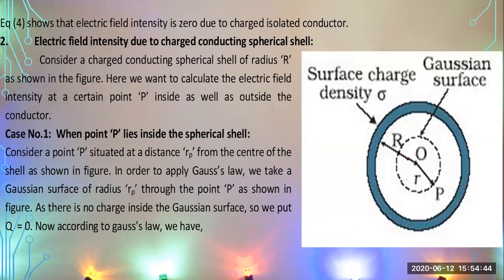So look at this figure. You are at a distance r. You have considered a point P from the center of the circle, and you have calculated electric field intensity at this point. By using Gauss's law and the definition of electric flux, and putting the values, you have seen that there are no charges at point P. This clearly shows that the mathematical derivation also agrees with the statement that there will be no electric field intensity inside a charged hollow surface.